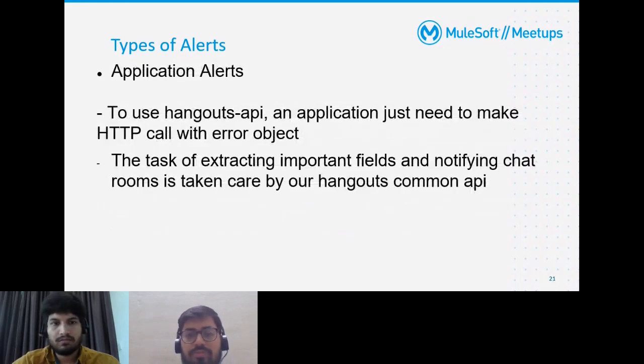Second is application alerts. As I said, let's say you have an API and it is failing because the target is unavailable or some connectivity issues, for which you want to inform your operations team. So what we need to do is call our Hangouts API. As explained in the Webhook architecture, we have built that app called Hangouts Common API. So all you need to do is, in your on error continue or on error propagate